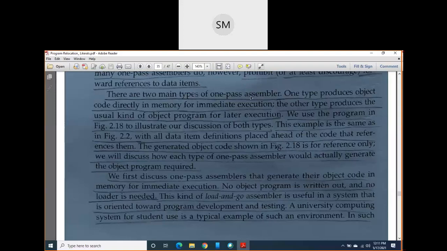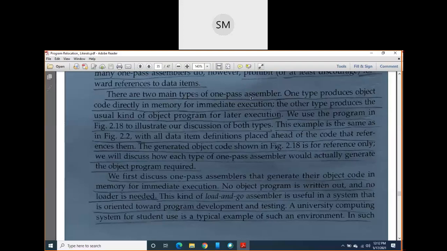However it keeps on generating the object codes, immediately it keeps on making the list of object codes directly in the memory, not in a secondary memory. It means it is not going to write the object program in a secondary memory. It is going to write that object program directly in memory. Are you understanding what I am telling?